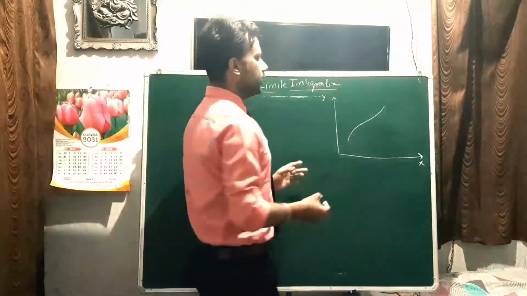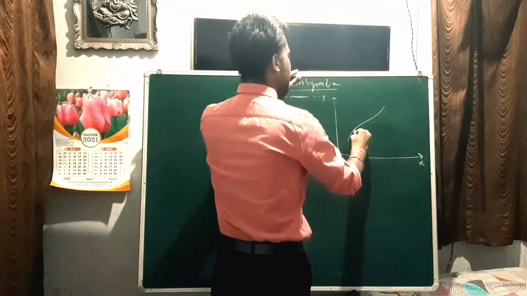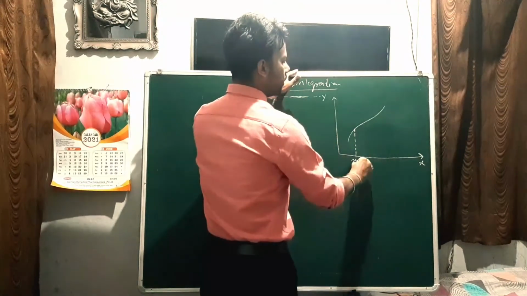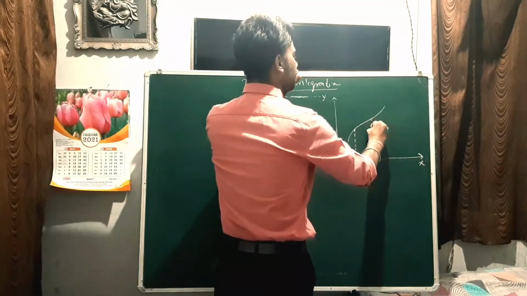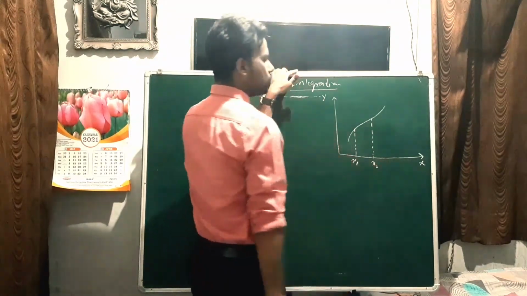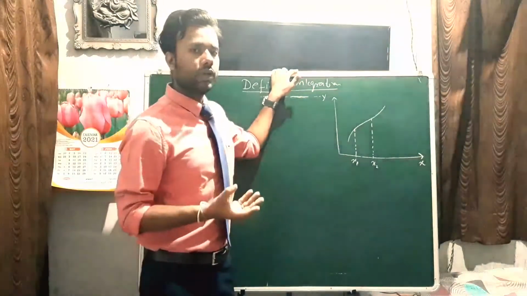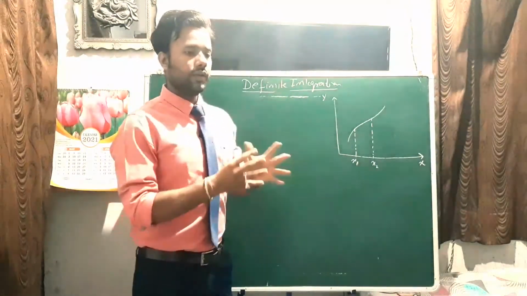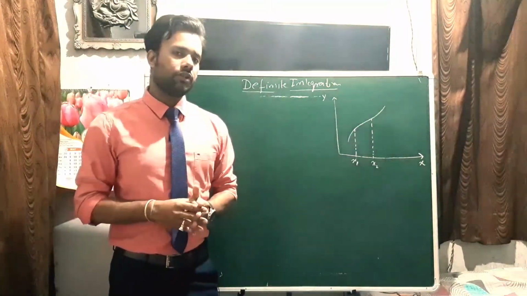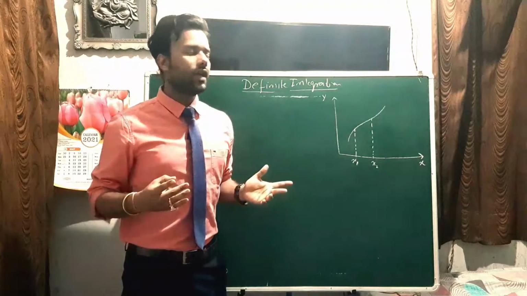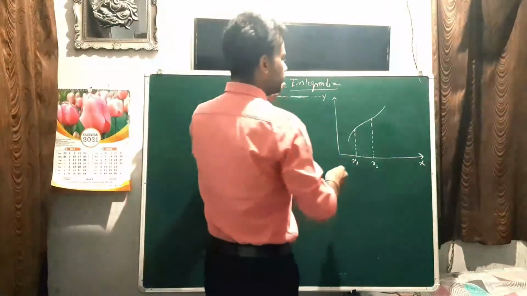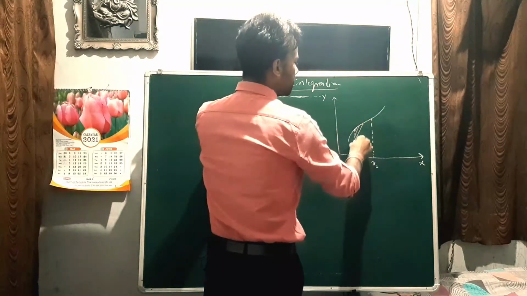Like suppose in this diagram, suppose we have here the initial value of x, that this is x1, and this is the final value of x, let's say x2. So we know the boundary, we know the interval in between which we have to do the integration. In the previous case we don't know the interval, we have to just add them, overall we have to add them. So now we have to add only this part.